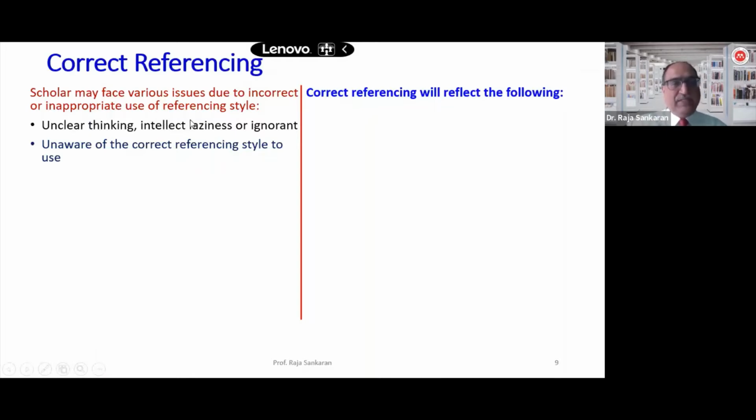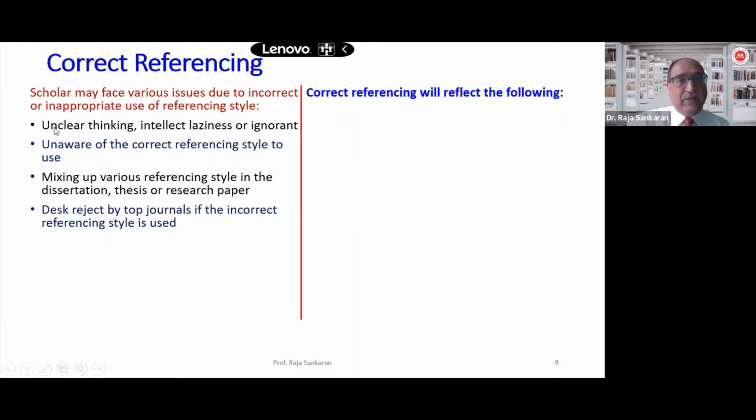So what typically this means is, if either you do not know how to use a particular referencing style in the correct approach, or you are quite lazy or ignorant in using exactly the same syntax or the correct referencing style that is expected to be done by the scholar. Or it could be that you are not even aware of the correct referencing style to be used.